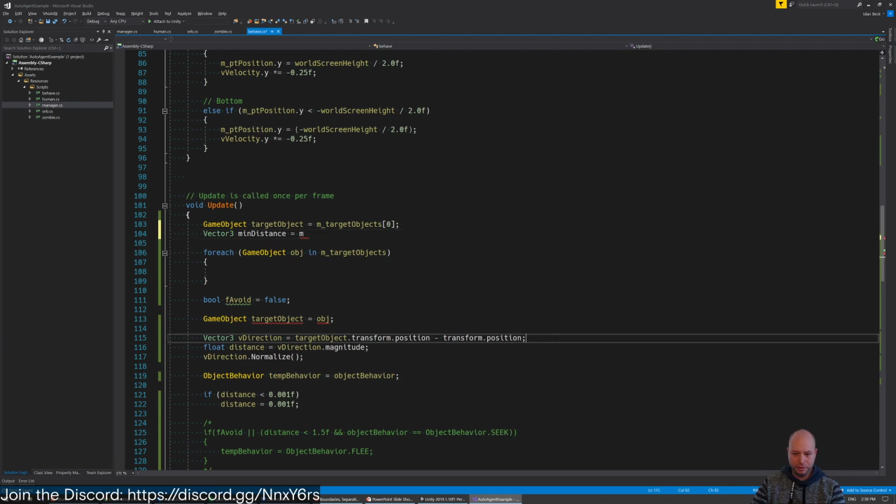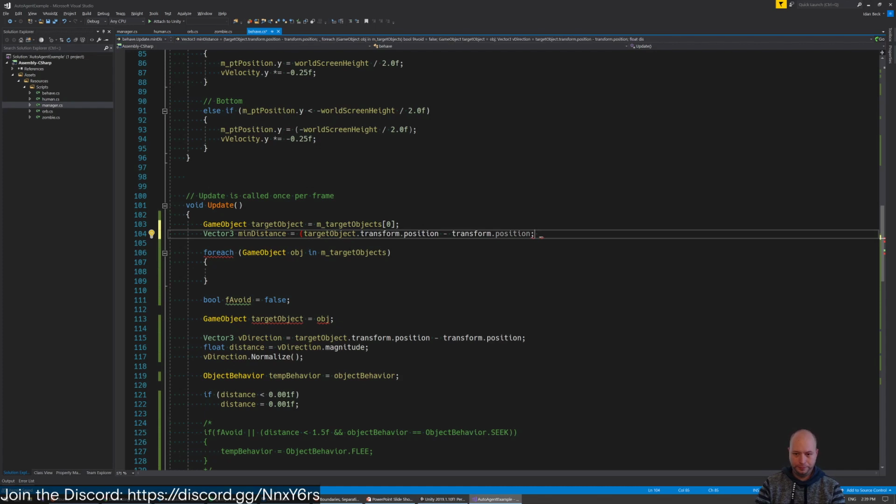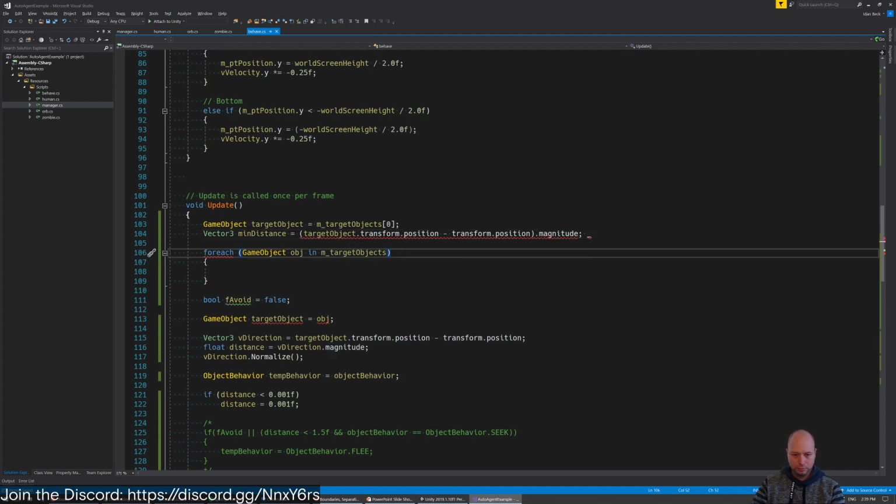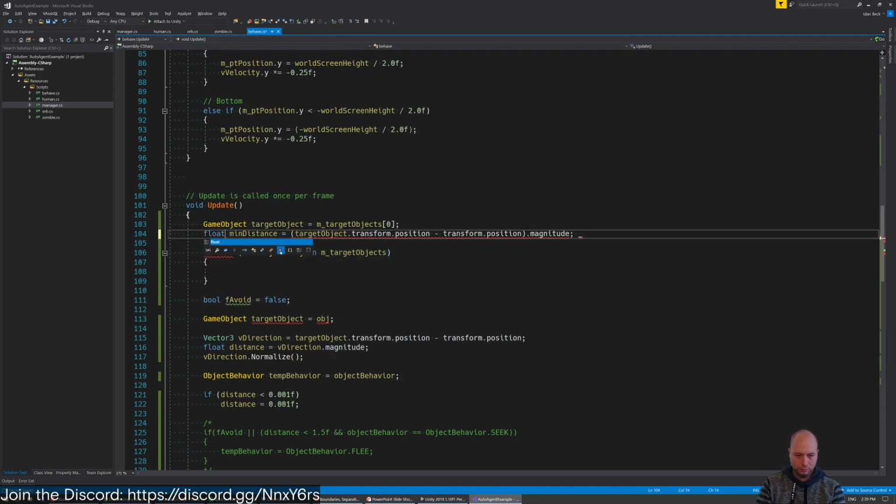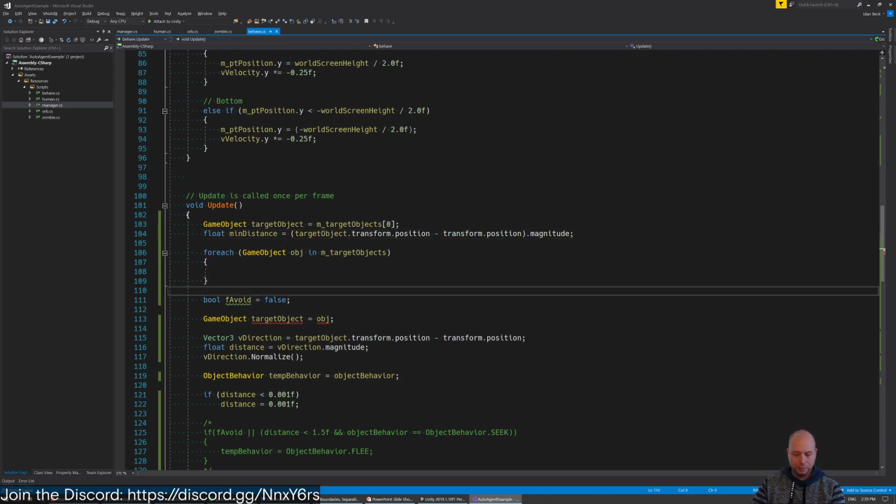It's basically going to be this magnitude. Great. So now this is going to be our minimum distance, and for each